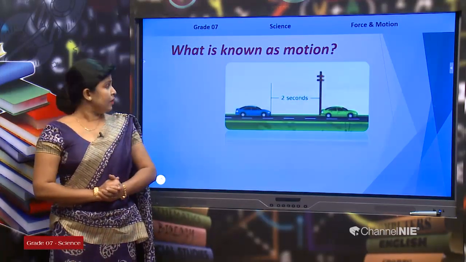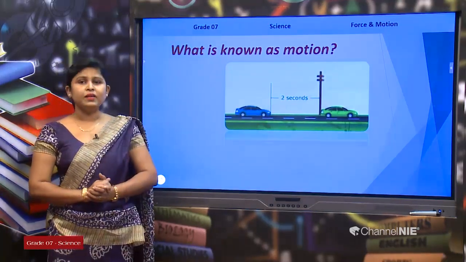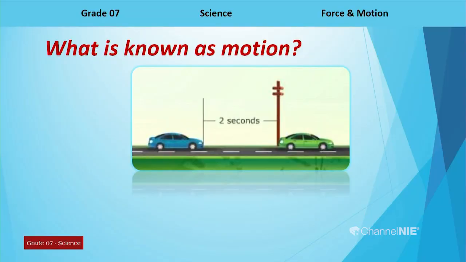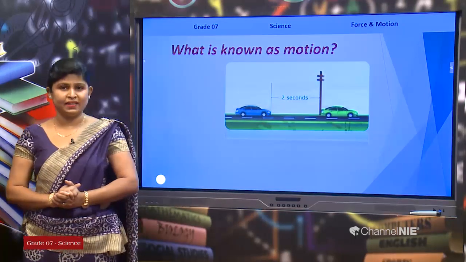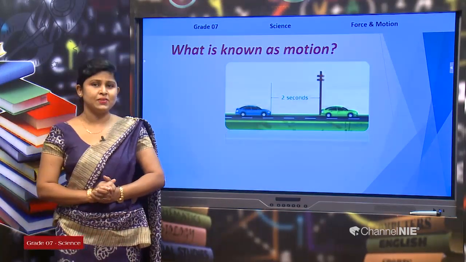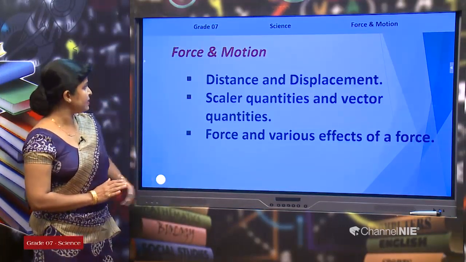Right. You can observe there is a diagram given on the screen. Look at the diagram carefully. You can observe that there is a car. The car has moved to another position within a certain time duration. Within a time of 2 seconds, the car has moved from one position to another. Then we can simply say that the car has moved from one place to another. Through that, we can understand